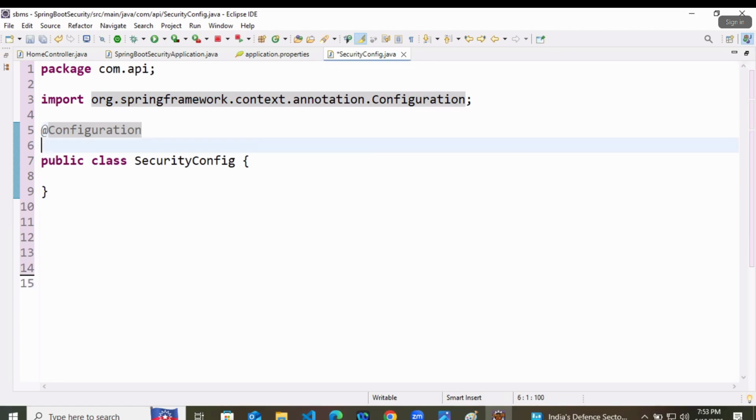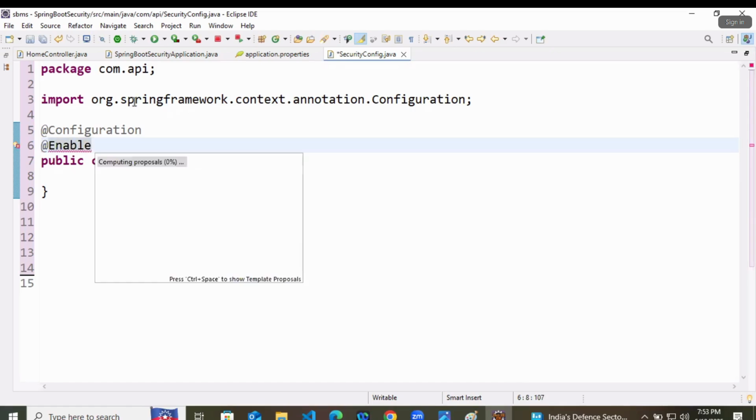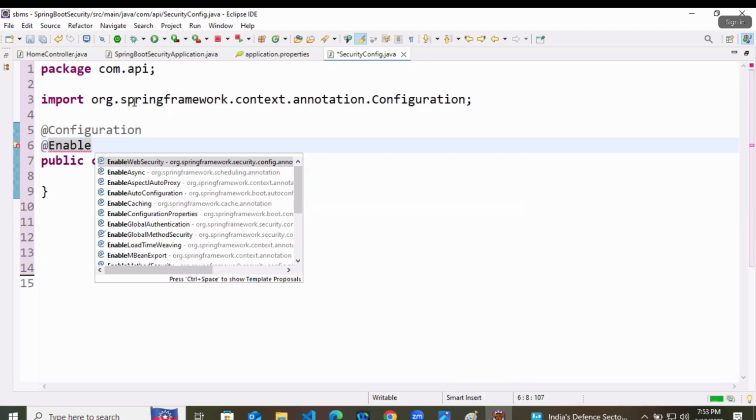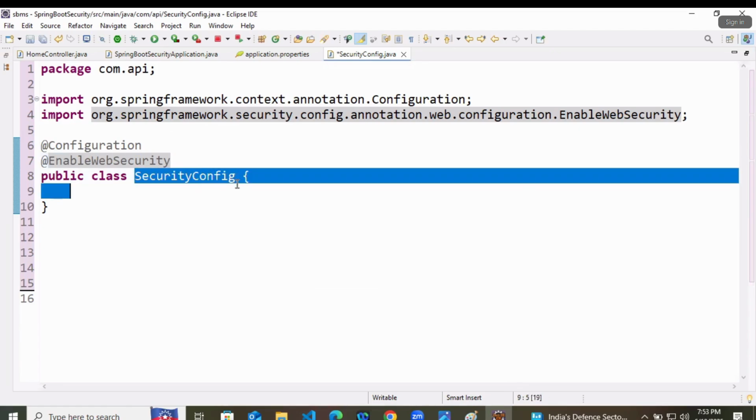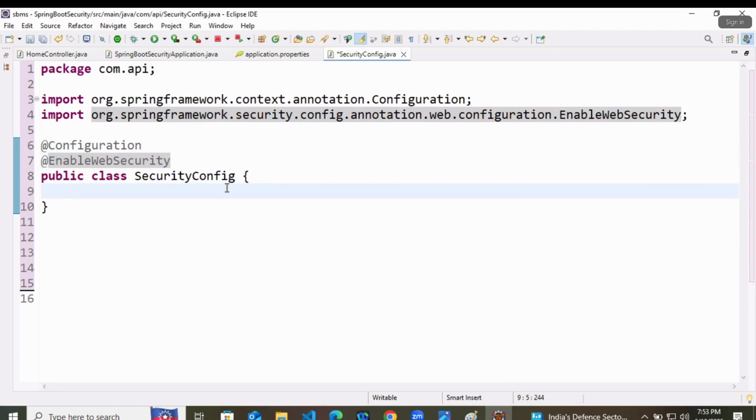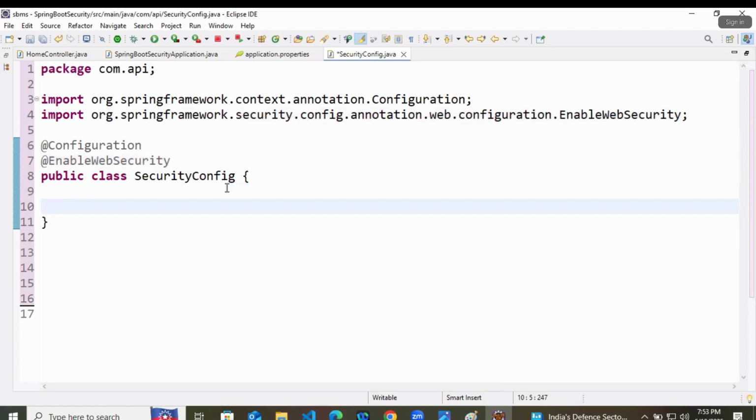And I want this class to provide the security rules as well, so there is one annotation, EnableWebSecurity. Enable web security means this class will start with the starting of the application. Other classes wait for someone to call them and create their object, but this one is automatically configured here.